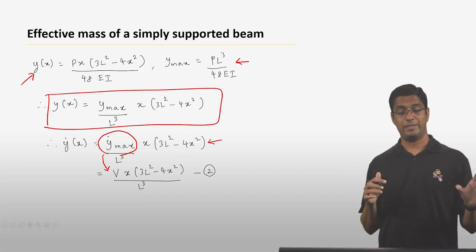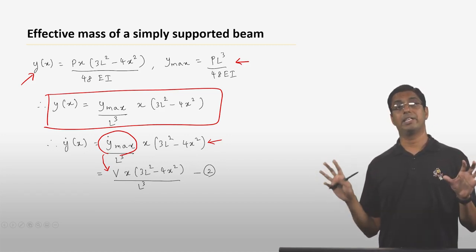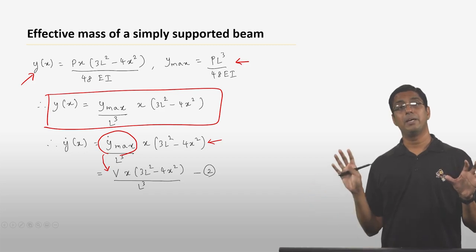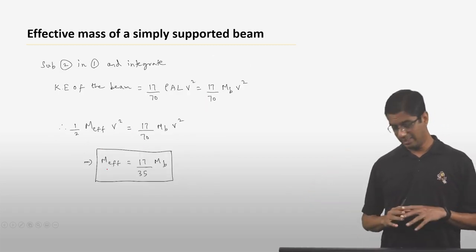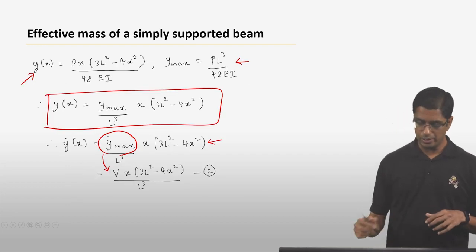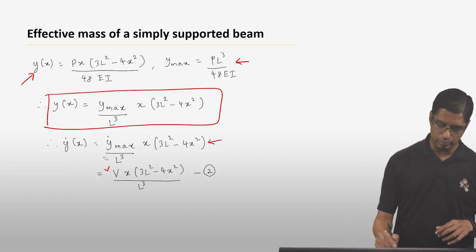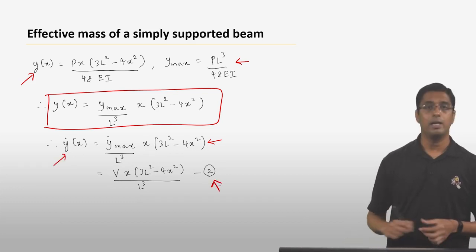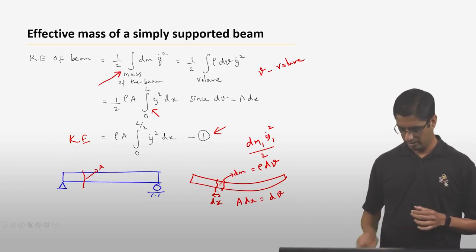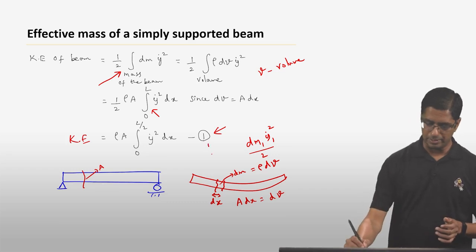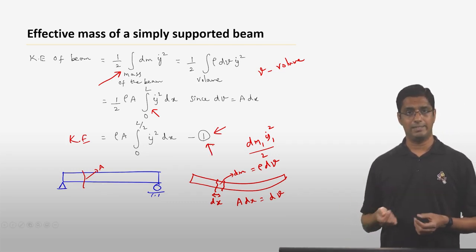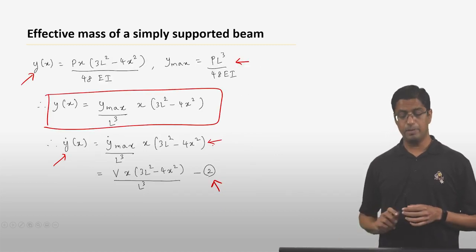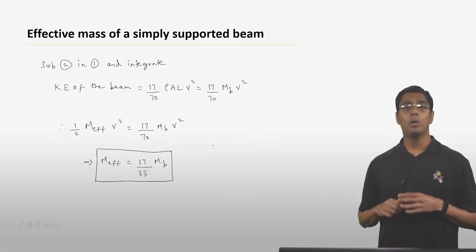and my effective mass will only depend on the mass of the beam. Okay, so again, I'm not going to go through all these calculations. What you essentially want to do is take this expression for y dot, which is expression number 2, and substitute that into this expression, which is expression number 1, and then just do the integration. It's just a lot of algebra, but